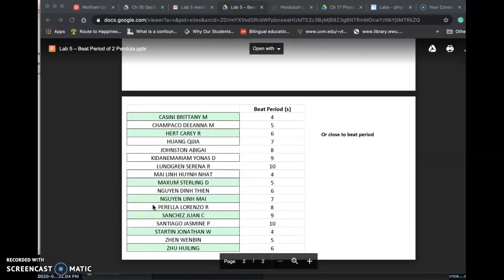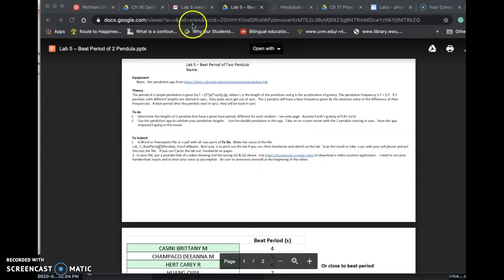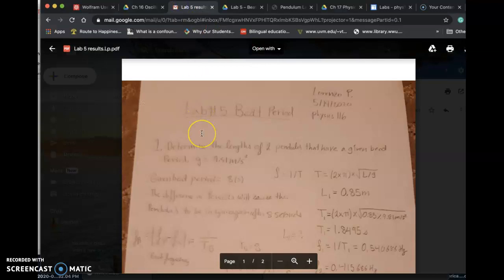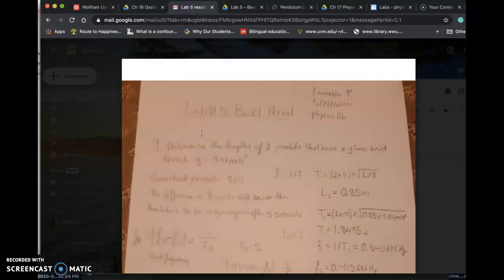From this period, my name right here shows that I have to have a beat period of 8 seconds. Now, in order to resolve this, first you just come up with any length. What I chose was 0.85 meters. In order to get the length for the second pendula,